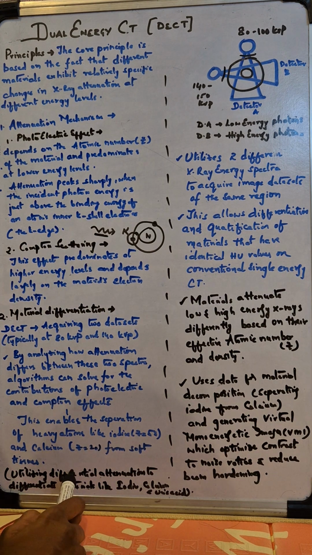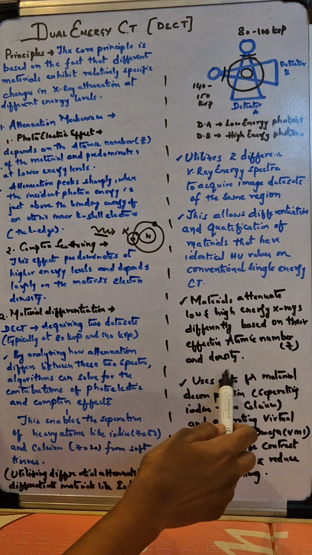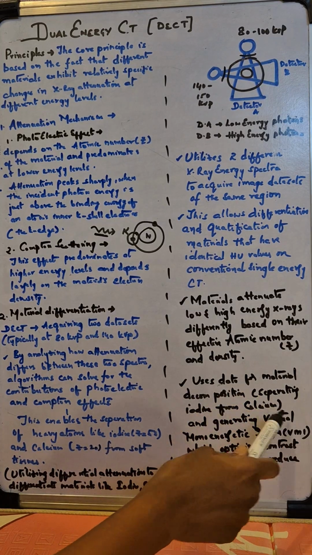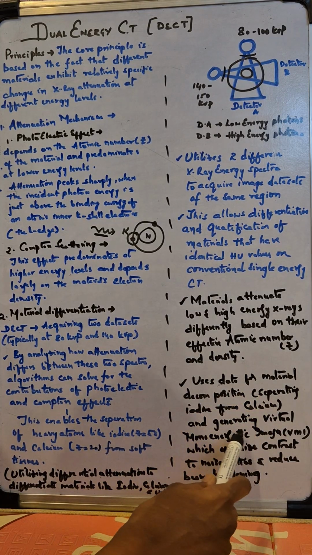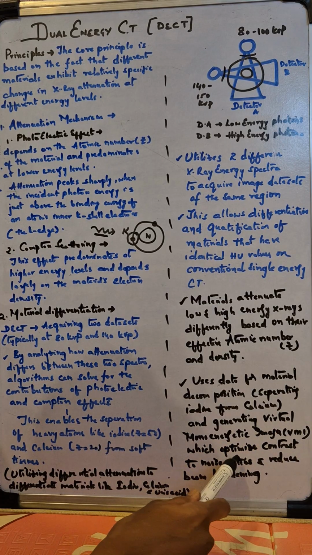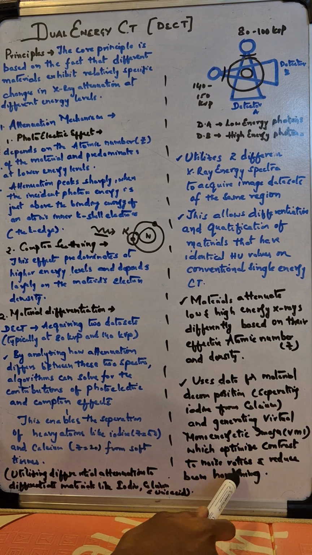Then in post processing, it uses the data for material decomposition. It separates iodine from calcium and generates virtual monoenergetic images, which optimize contrast to noise ratios and reduce beam